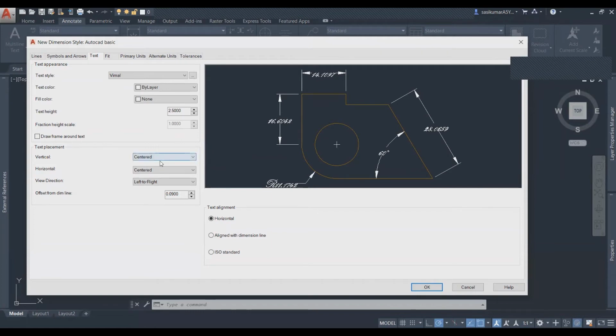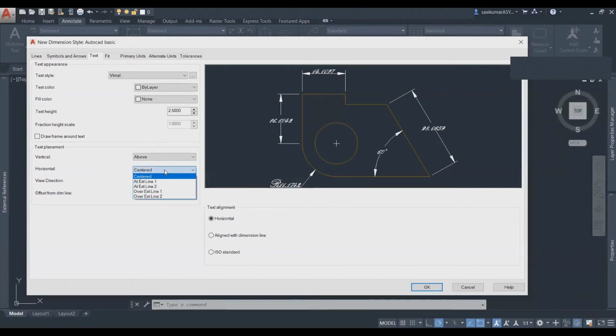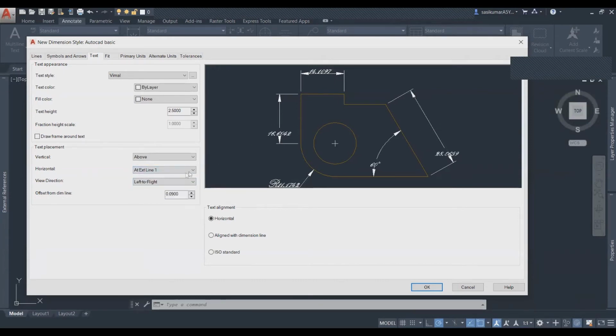Vertically, the text is centered, but you should choose above. Then automatically your text is above the dimension line. Horizontally, it's centered. You can choose either over extension line 1 or over extension line 2. The dimension value then goes near one of the arrows.